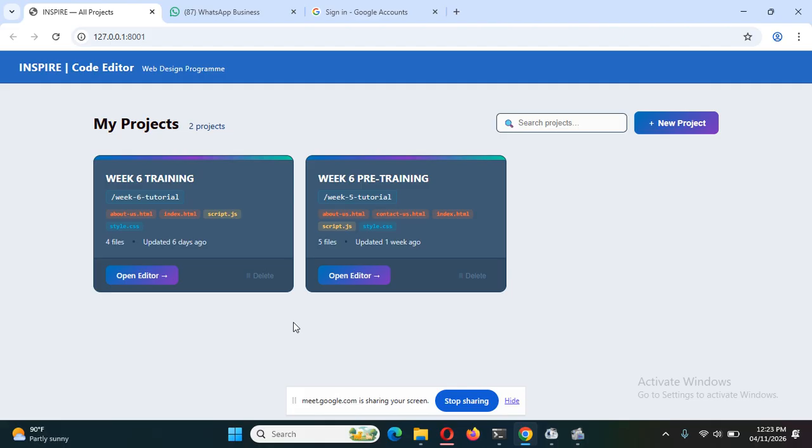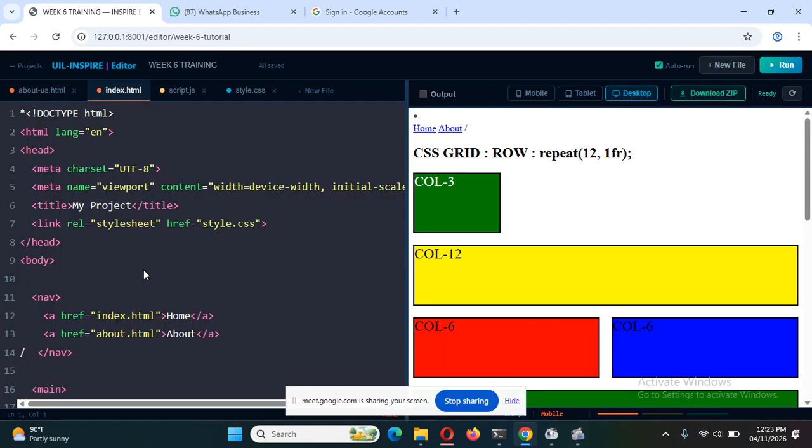So last week we worked on CSS grid, okay? Yeah, CSS grid, and this is the view here. Let me show you. I see it now. Where we have, yes sir, where we have